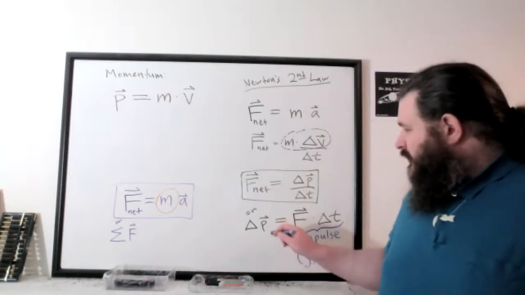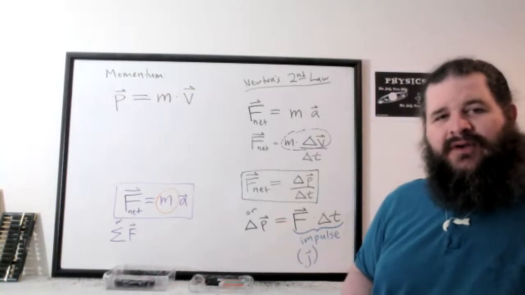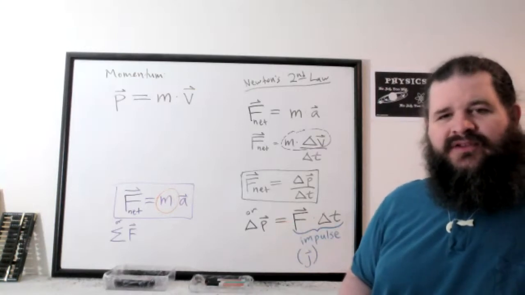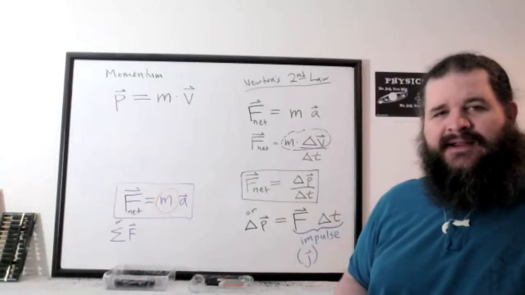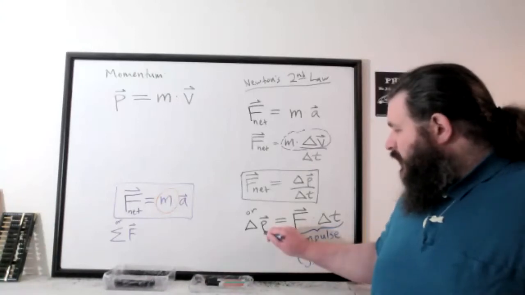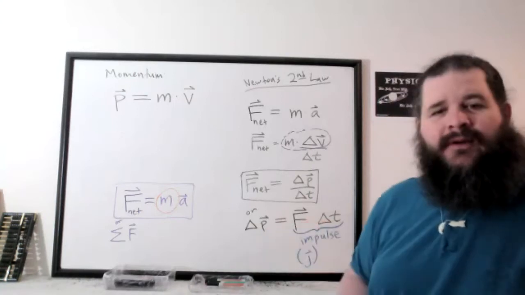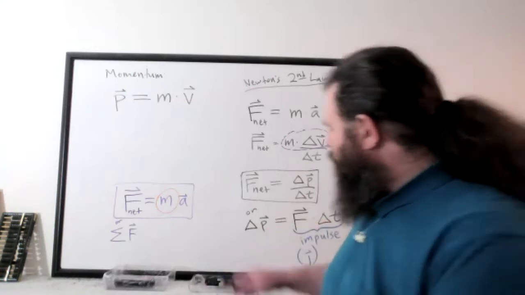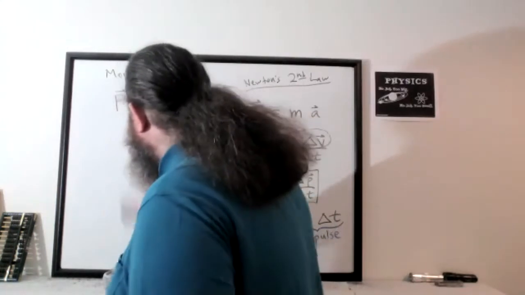And moreover, this concept also applies to systems of objects. If you've got a system consisting of several objects, maybe interacting with each other, maybe not, the only way to change the momentum of the total system is to apply a force from somewhere else. For instance, if you've got several objects interacting with each other,